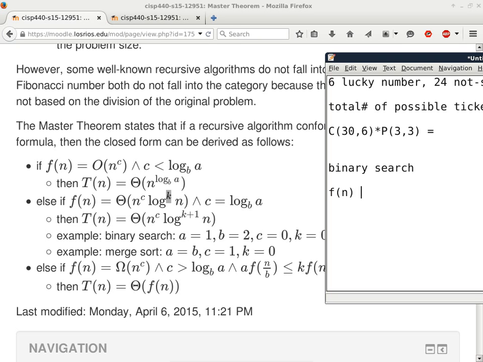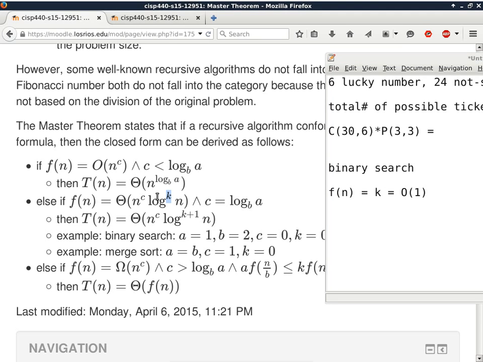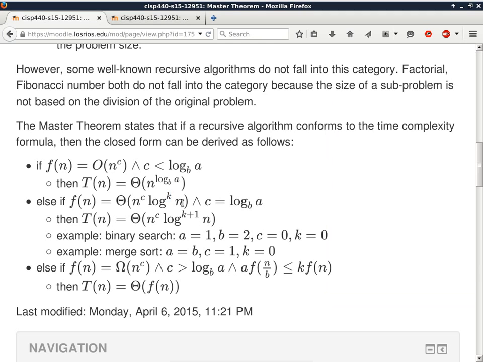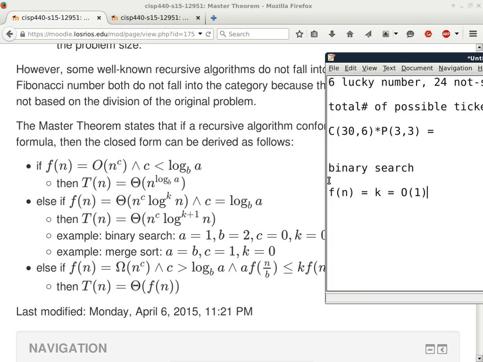So f of n is some kind of constant k, which is big theta of 1. Great. How do we express 1 using n to the power of c times log k of n? Well, you'd express it as n to the 0 log to the 0 of n. Wouldn't you?